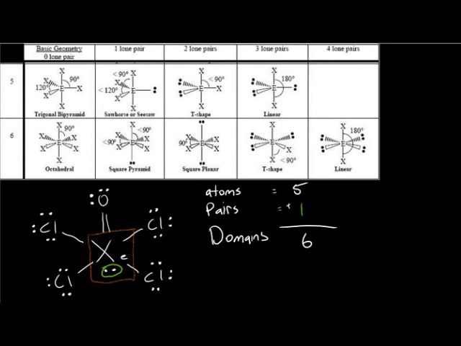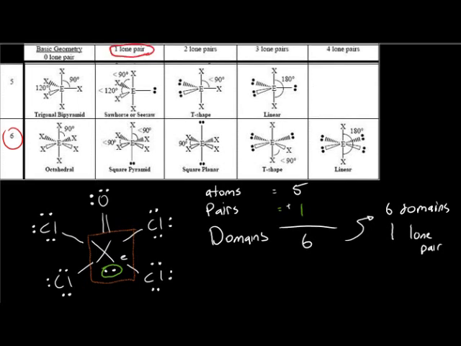Therefore, to pick the right molecular geometry, we look for an entry that has 6 domains but only one lone pair. The second row of the information I've pasted is the row that has 6 domains. And then we look underneath the column to get the correct number of lone pairs, and we see that our correct molecular structure is the one I'm circling now, called square pyramid. Which means the structure for the compound